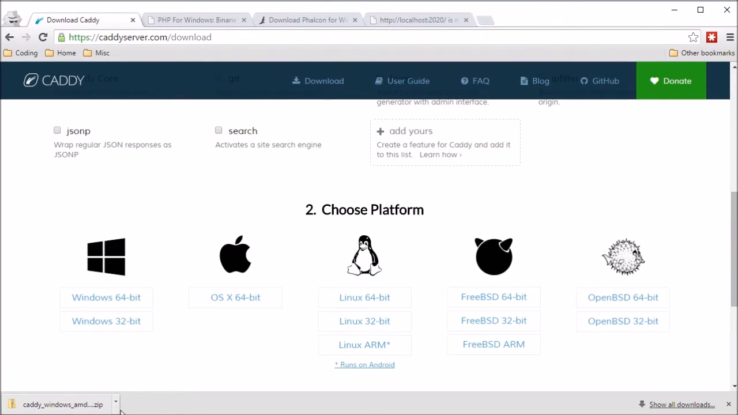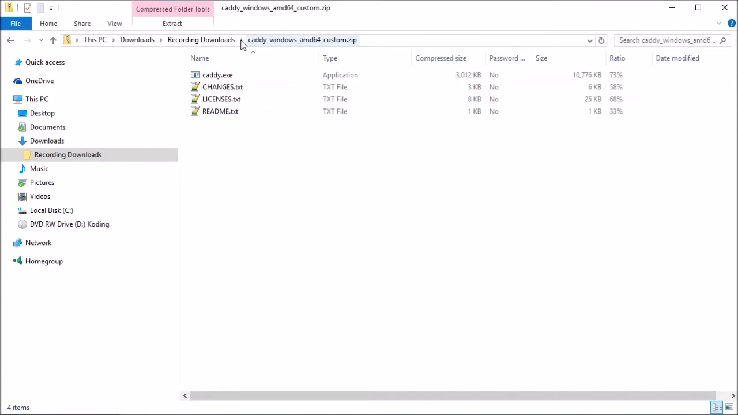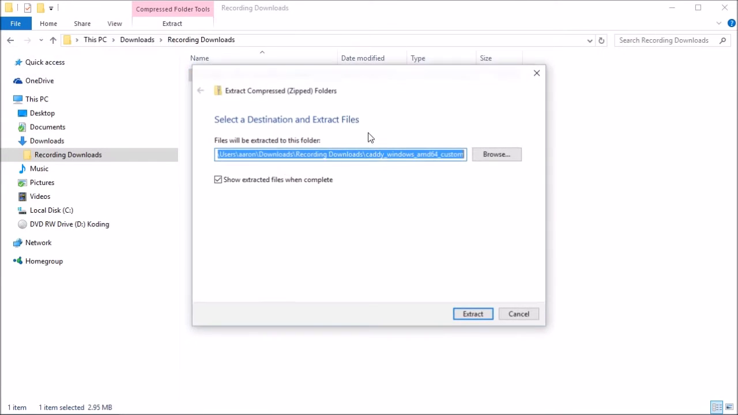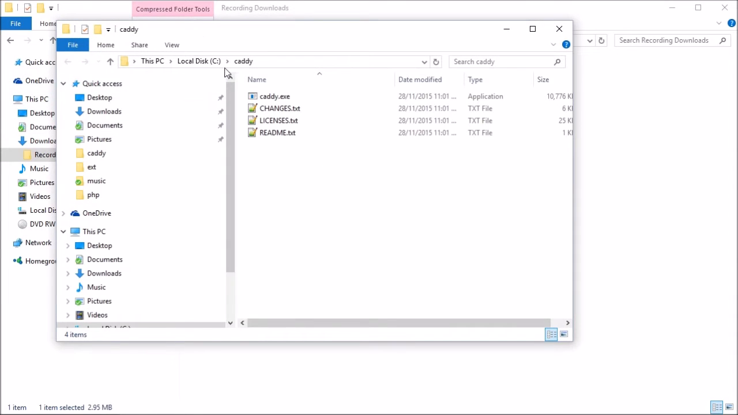So what I need to do next is extract that into a folder, and what I'm going to do is install it straight into C drive Caddy. So I'm going to make it just C drive Caddy. And there you go. So in C drive Caddy, I now have an exe,